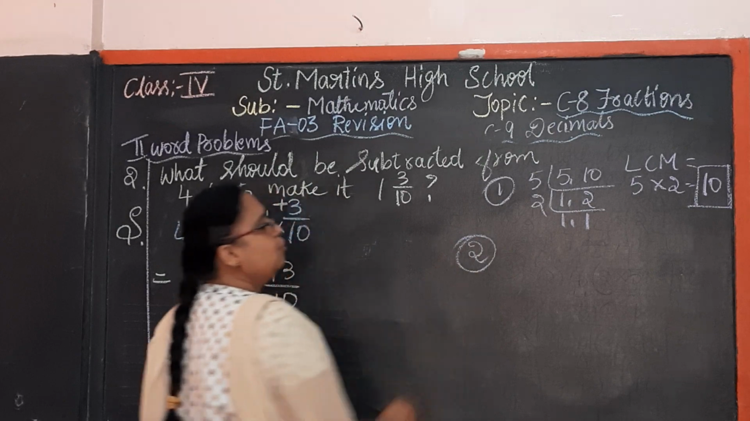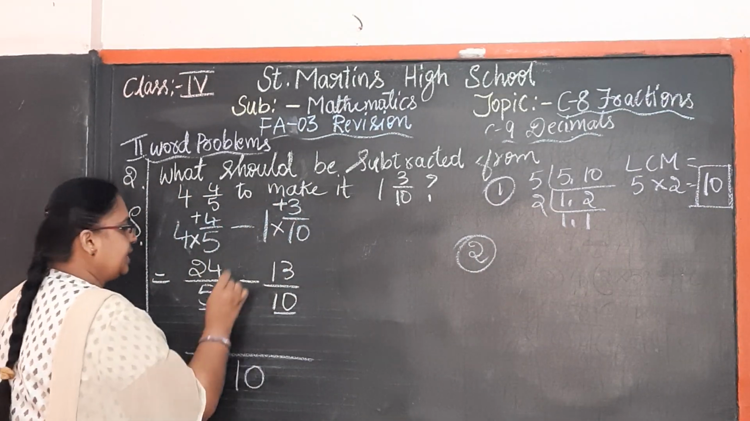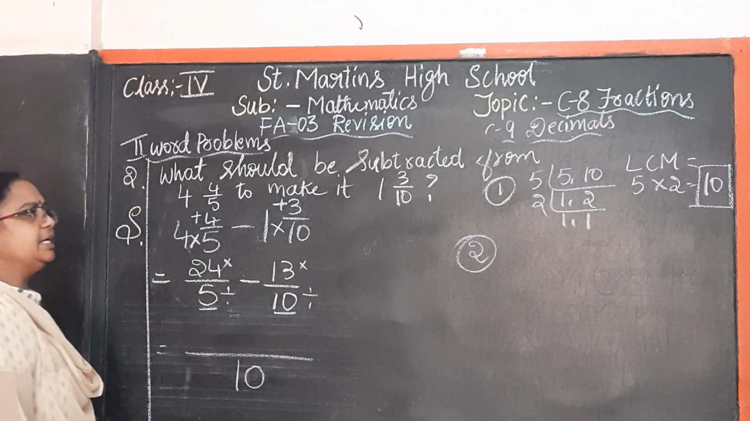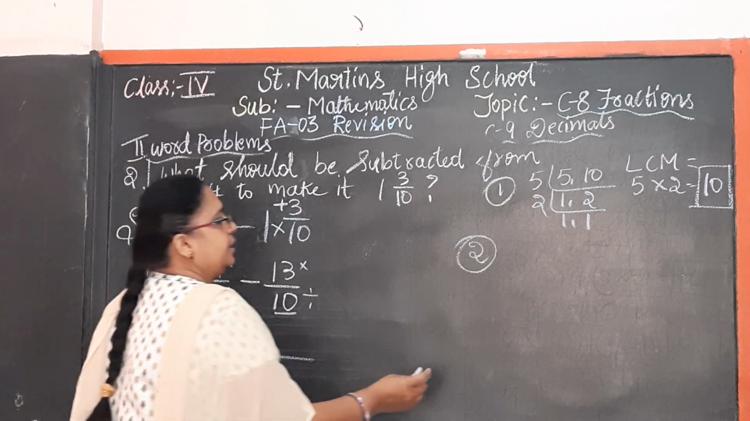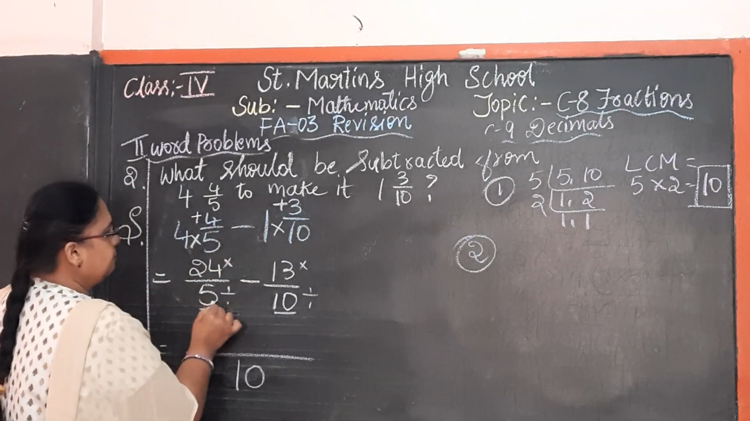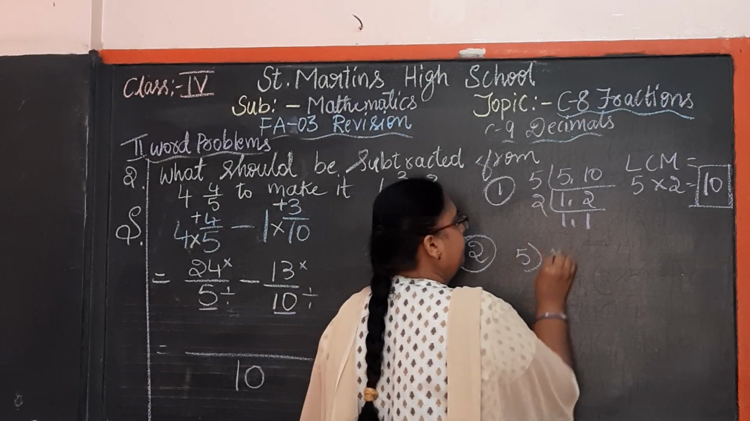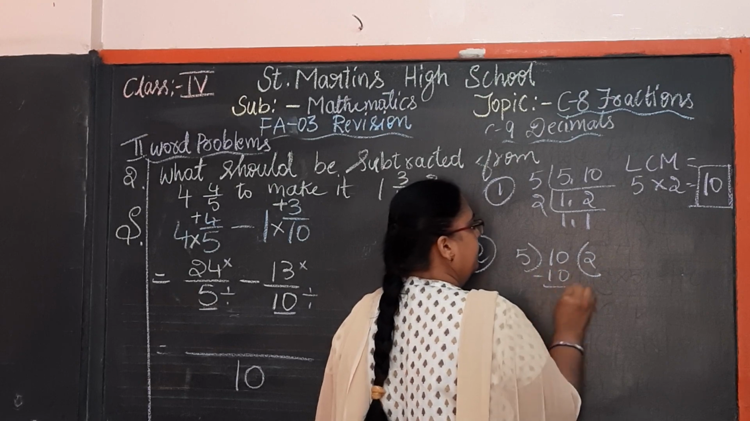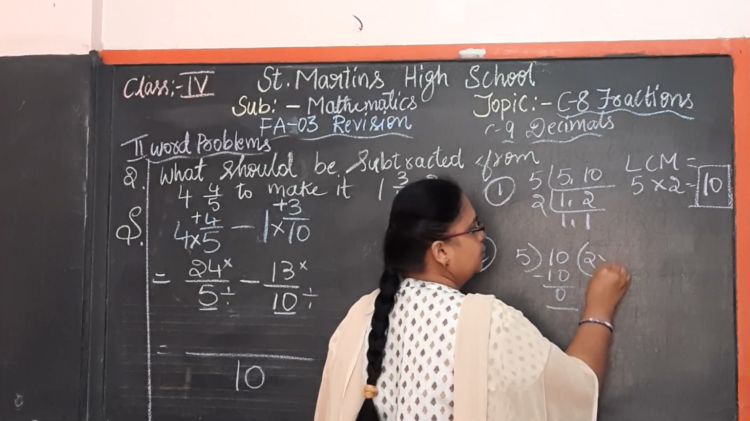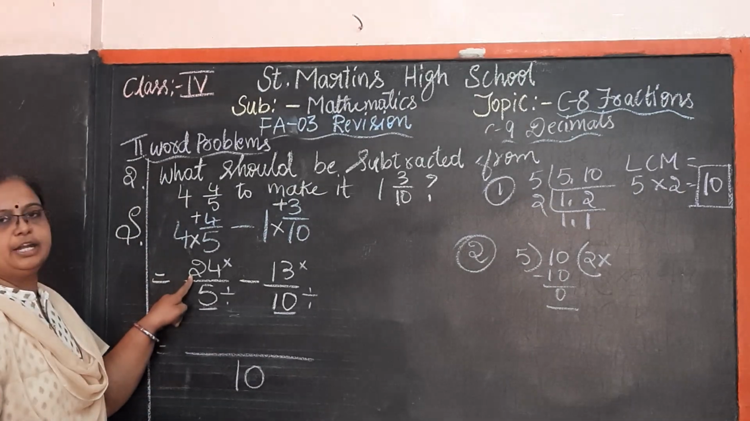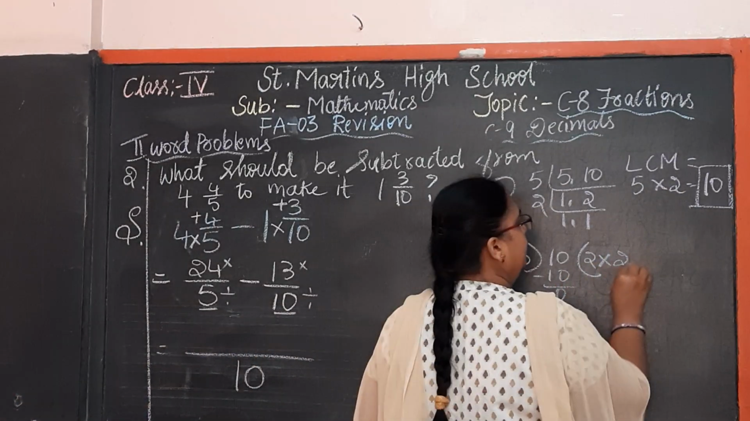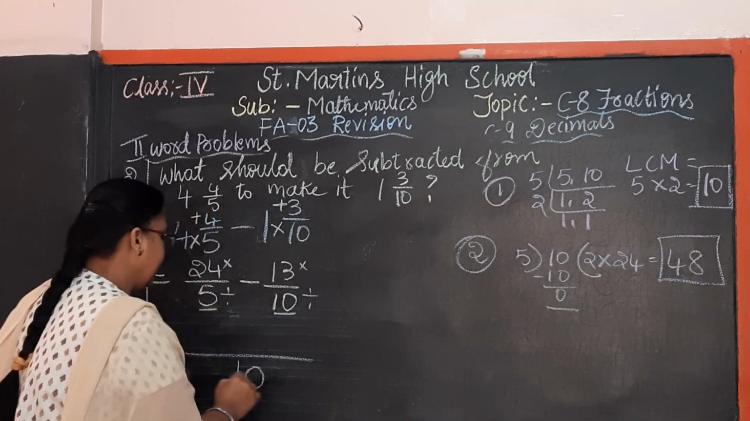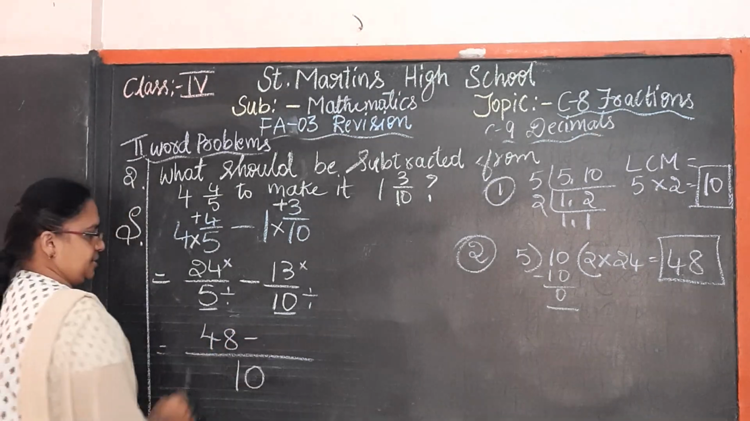And in the second step, what do we have to do? We have to divide 10 by 5 and multiply by 24, divide by 10 and multiply by 13. Yes, children. We are dividing 10 by 5, dividing this LCM by 5. 5 twos are 10. 10 minus 10, 0. We got the answer as 2, and 2 should be multiplied by 24. 2 24s are 48. What do you get as the answer? 48. This 48 should be written here. 48 minus